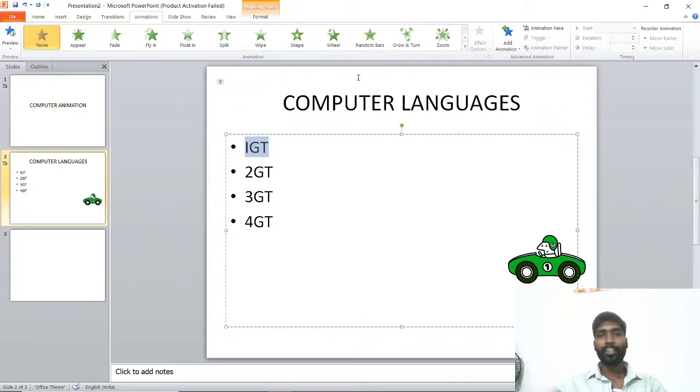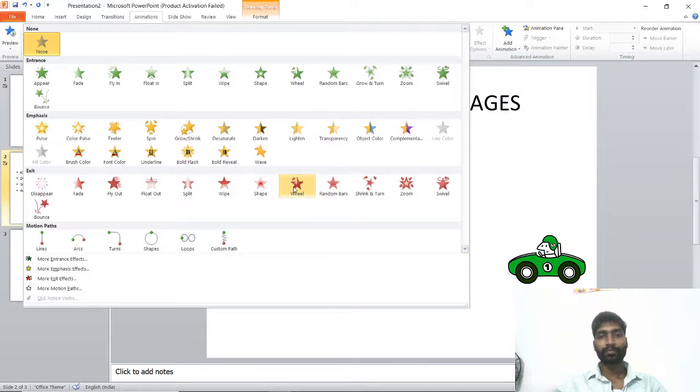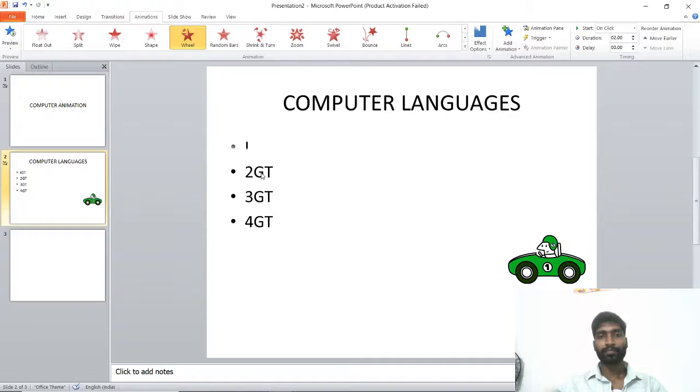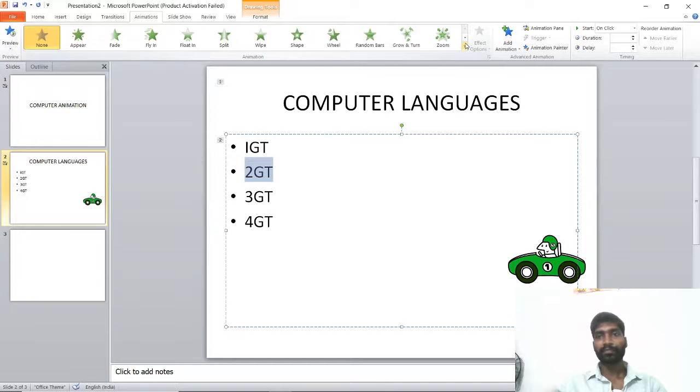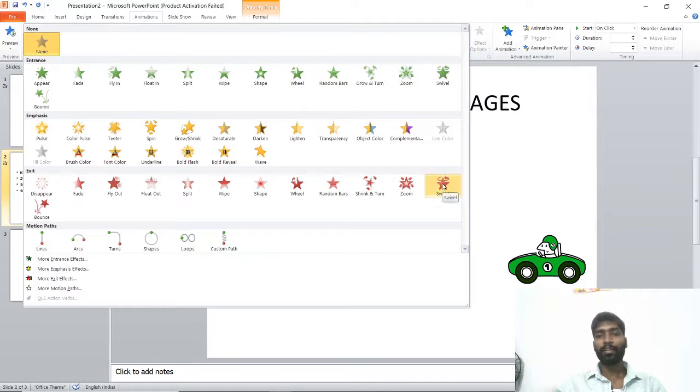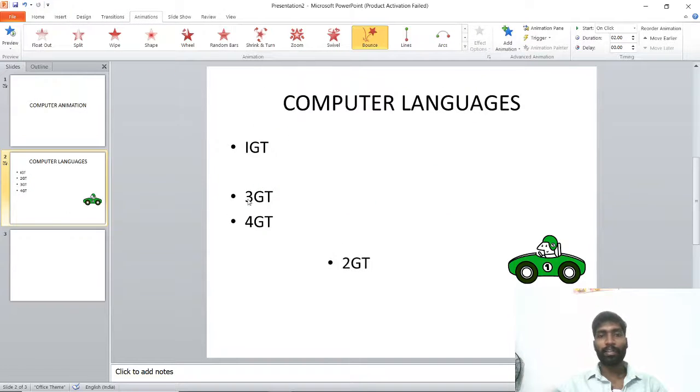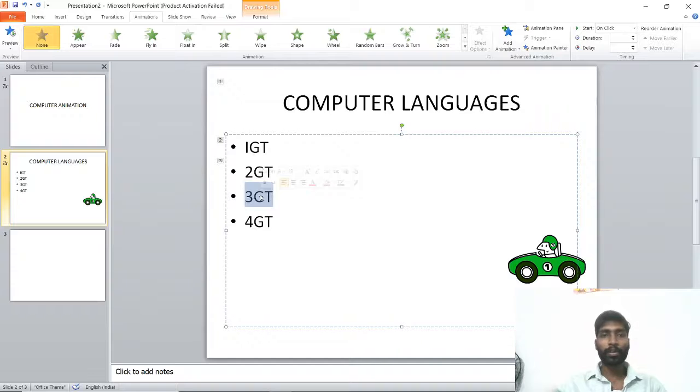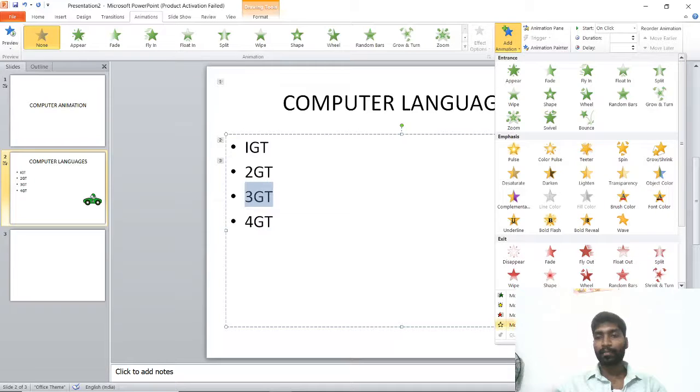Now GT, just to see, I am applying different animation to different points. In each point I am applying a different animation.